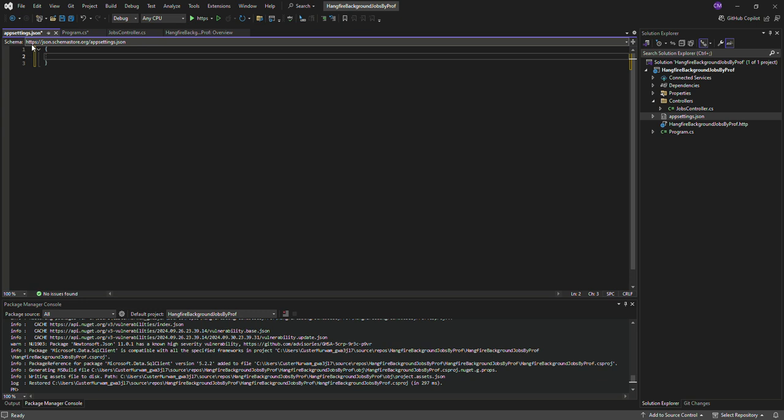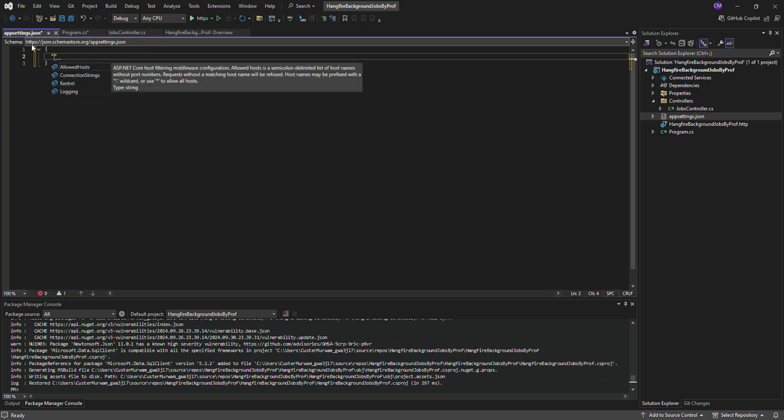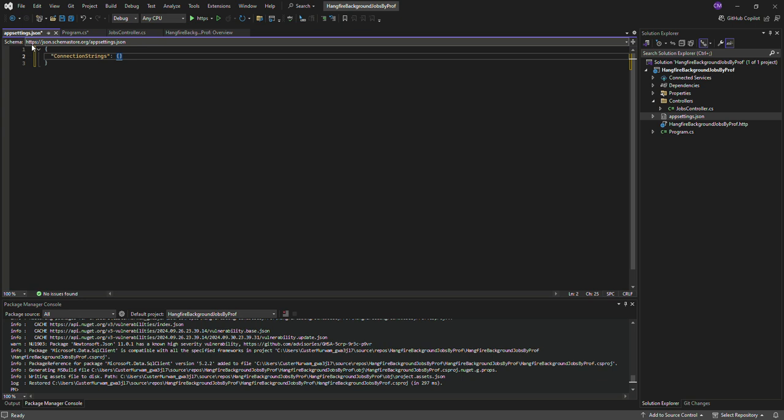So we will do, let's name it connection strings, and then inside that, we will name this one Hangfire. Maybe let's just stick to one word. So then Hangfire